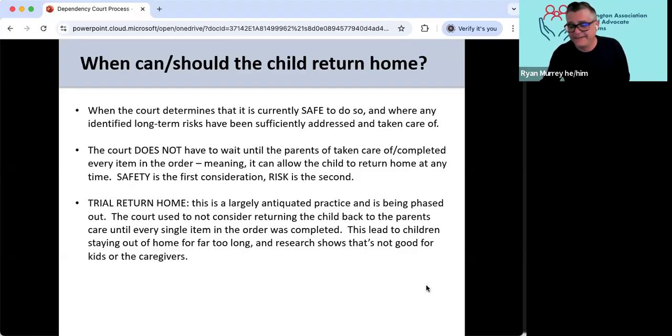Because, and this is my philosophy on visits, my 14-year-old could do 2 hours, 2 times a week supervised. That's not parenting. That's not proving his ability to parent. That's proving his ability to maintain an appointment.